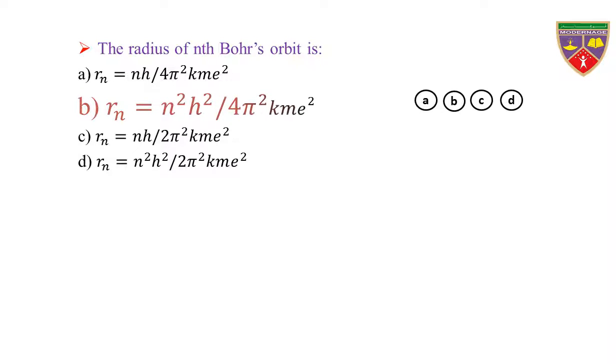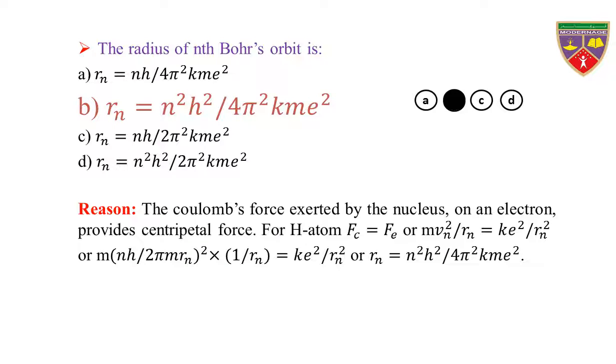The key is Rn is equal to n square h square divided by 4 pi square k m e square. Therefore, the correct option is B. Reason: the Coulomb's force exerted by the nucleus on an electron provides the centripetal force. For hydrogen atom, the centripetal force is equal to the Coulomb force, or m vn square divided by rn is equal to k e square divided by rn square, where k is the constant of proportionality